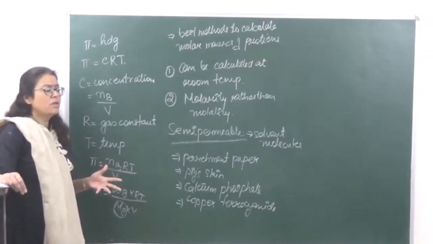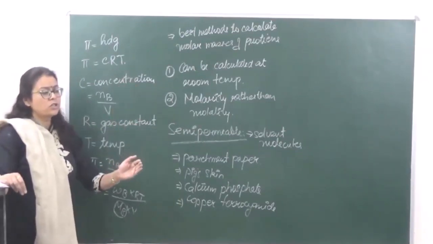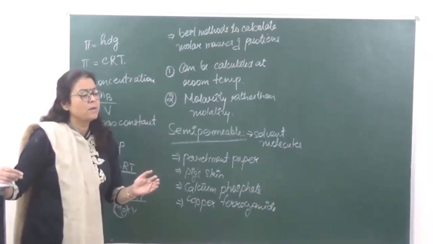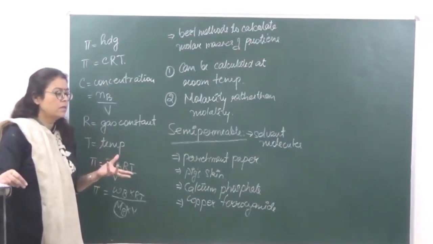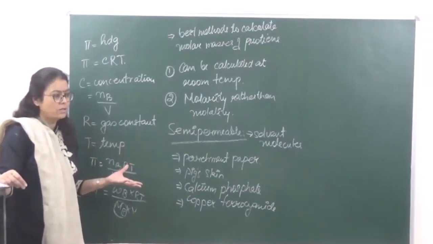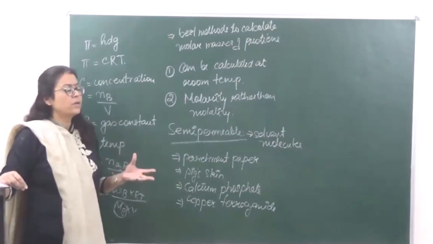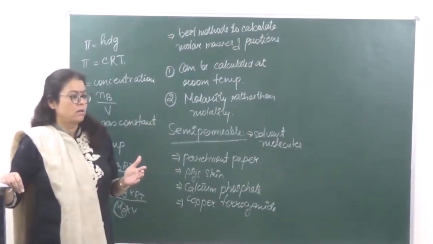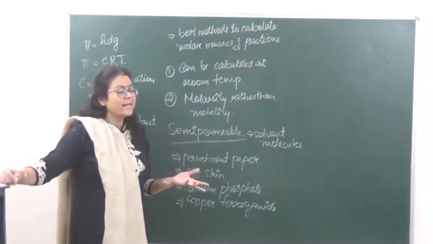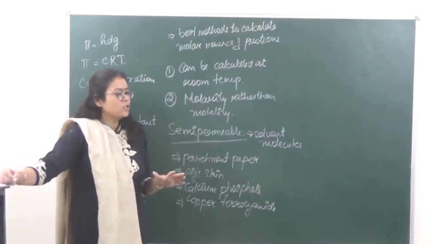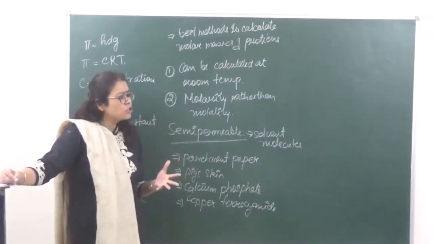So there was another theory in which it was said that sometimes a film of certain solvents is also used as a semi-permeable membrane. For example, if we want to separate water and salt, we can put a film of phenol. Water is soluble in phenol, therefore water will get attracted towards phenol, whereas the salt particles, or the solute particles, are left behind. So this was another theory, but that was also not very successful.